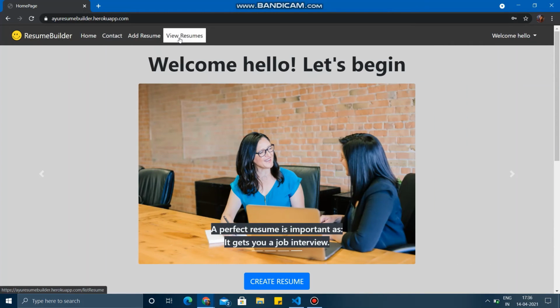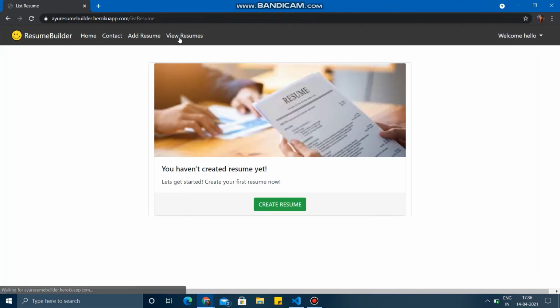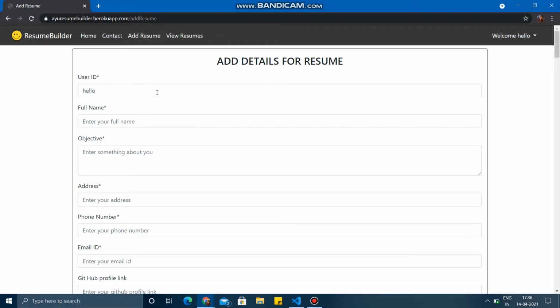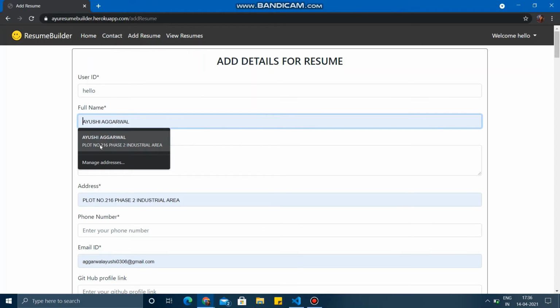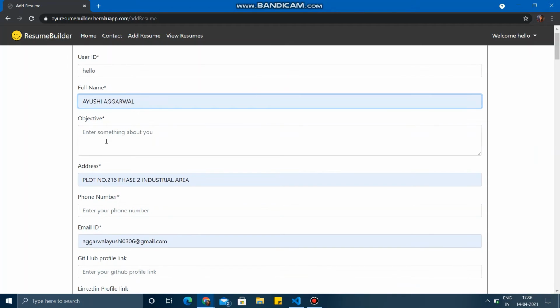So if we directly go to view resumes, as no resume has been created for this particular account, we will be shown this. And we can create a resume from here, or we can go to add resume and create the resume. Now the user ID has been automatically taken from your login credentials. Now we have to add the name, the objective,